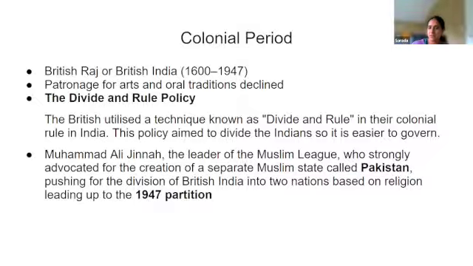And the 1947 partition was a very sad chapter in the history of India, because the Muslims who were in today's portion of India were asked to leave and go to Pakistan. And so was the case from Pakistan to India. So they had to abandon their properties and come over to this space, because they were from a different religion, although they coexisted before independence. That was the sad ending of